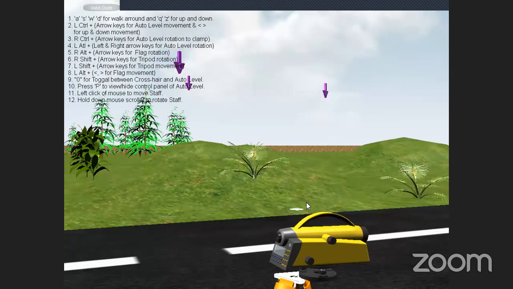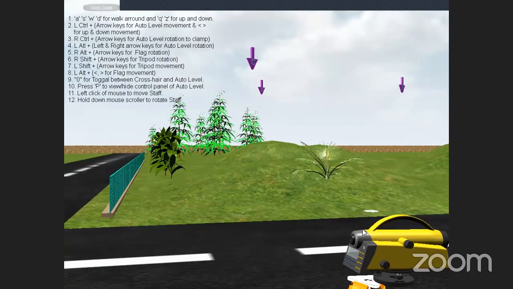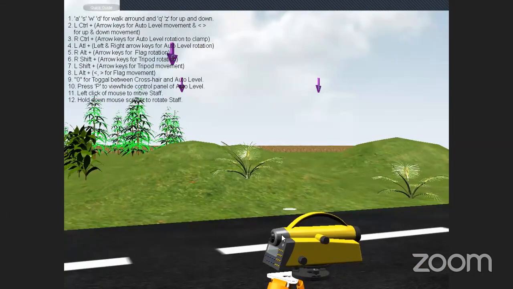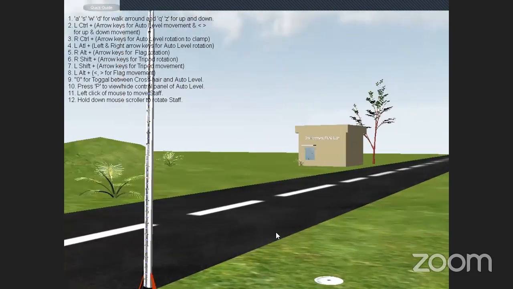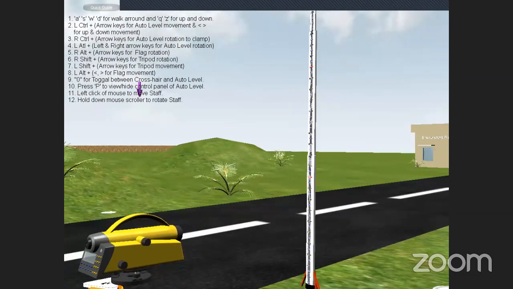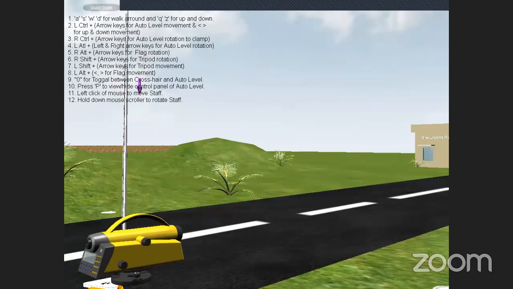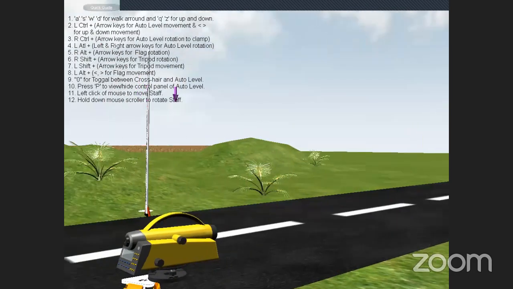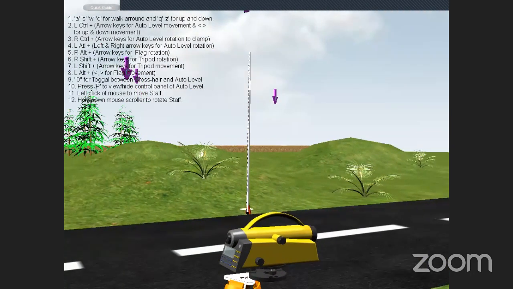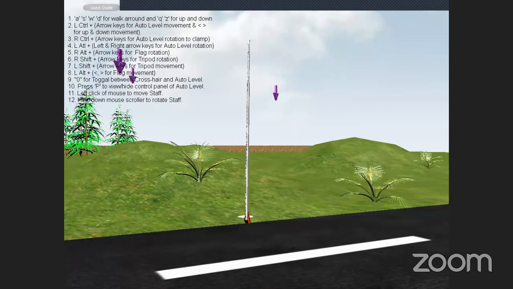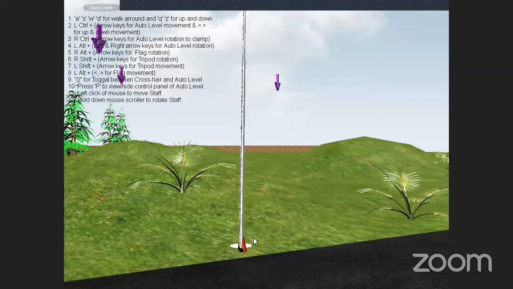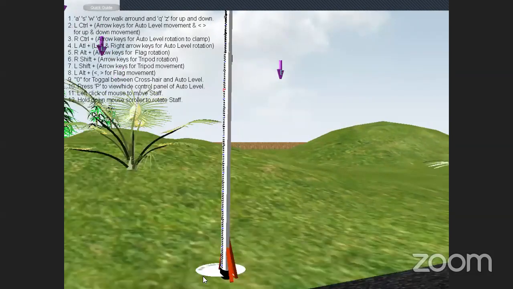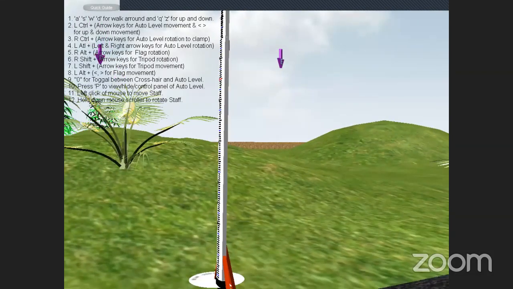Now I am going to take several points that are given, A, B, C, D, E. I am going to take an intermediate side or a foreside based on the visibility from my instrument position. Now I am going to move the staff to position B. By using the left click, you move the leveling staff.